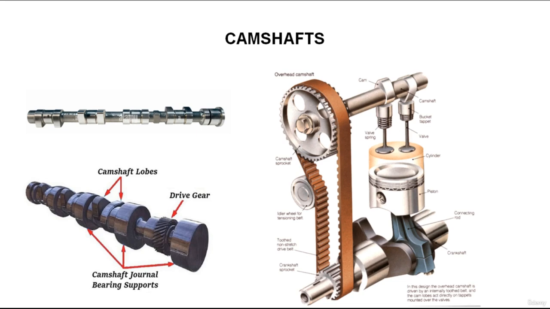As the camshaft rotates, the lobe rotates and pushes the valve open by pushing it away from its seat. Once the cam lobe rotates out of the way, the valve, forced by a spring, closes. The camshaft can be located either in the cylinder block or in the cylinder head. When the action of the valves and the spark plug is properly timed to the movement of the piston,